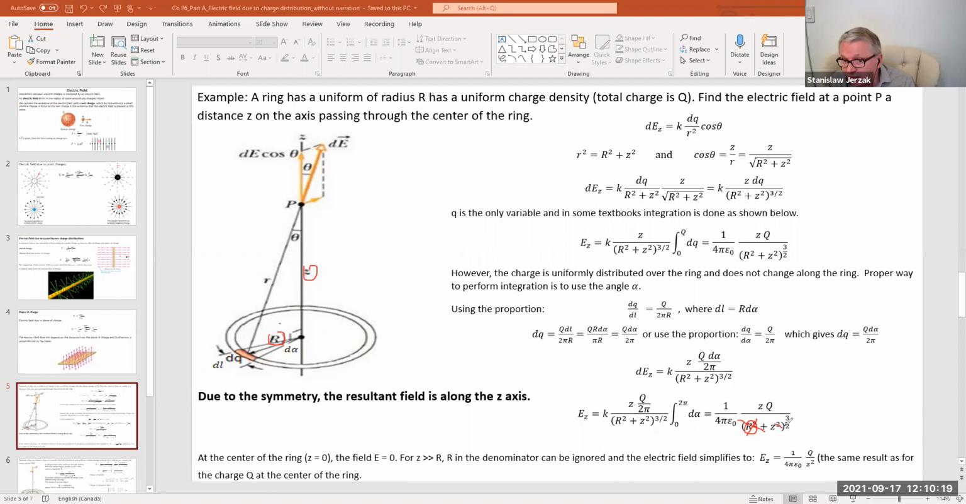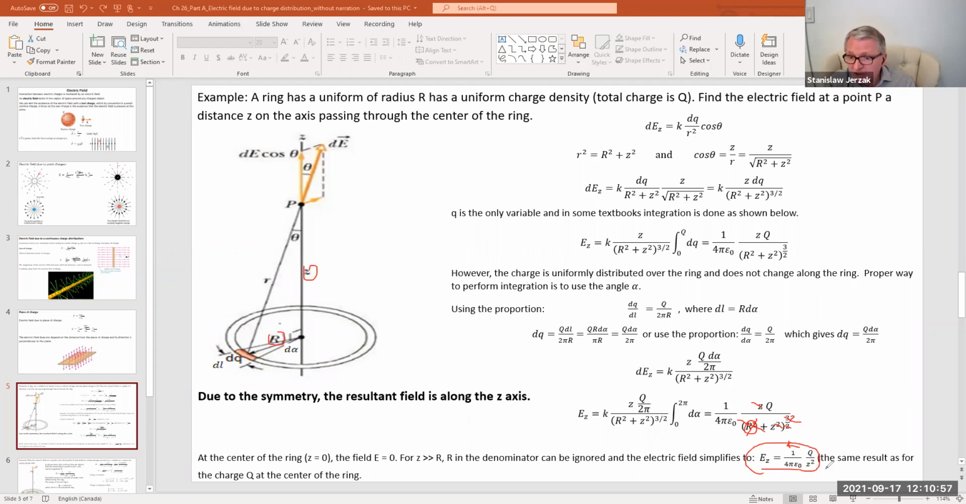So this 2 and this 2 will cancel. You have Z to the 3. And this Z is Z to the 1. So this Z and that 3 will become now 2. And the final result will be given by this expression, 1/4πε0 Q divided by Z squared. So at a very large distance from the center of the ring, the electric field is now 1/4πε0, which we used to designate with the letter K, Q divided by Z squared, which is a very interesting result,